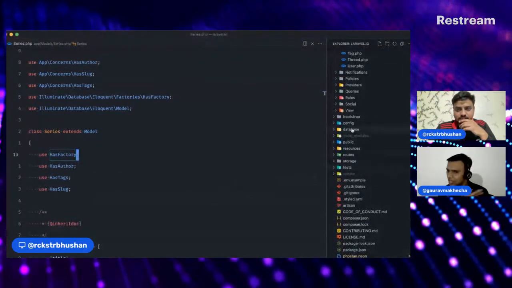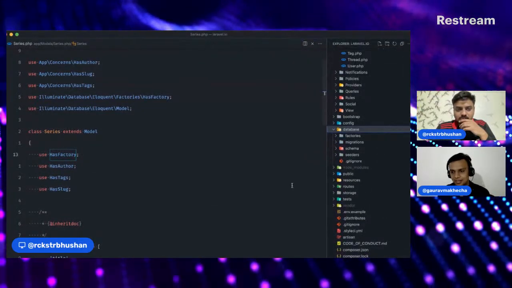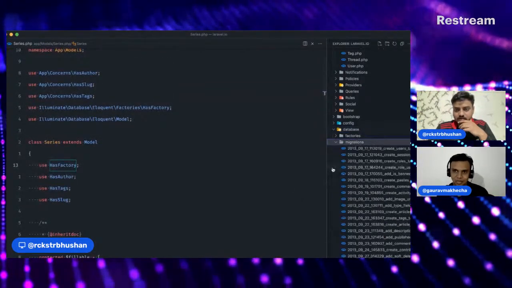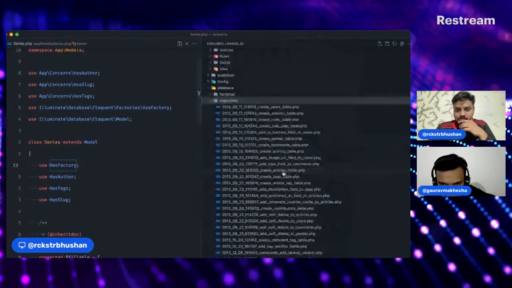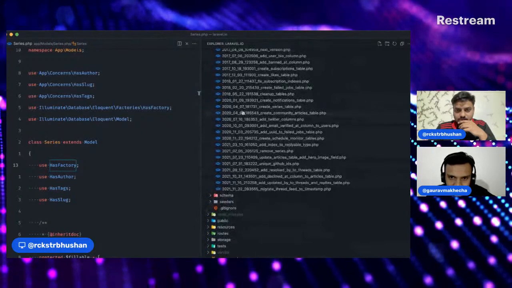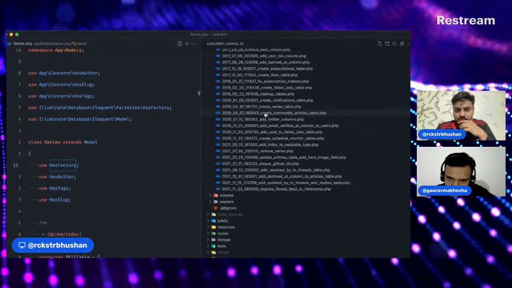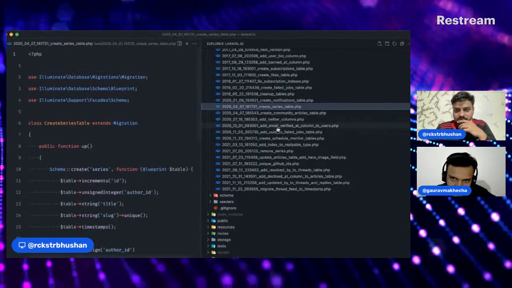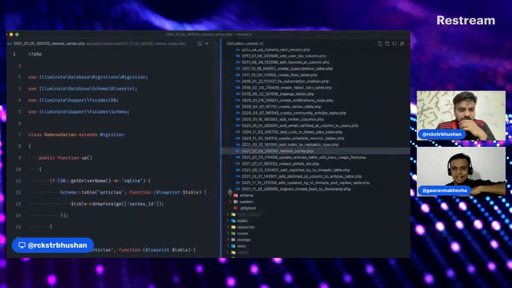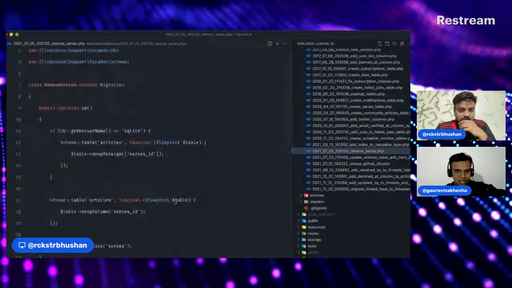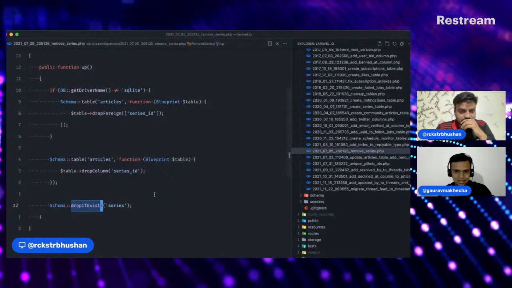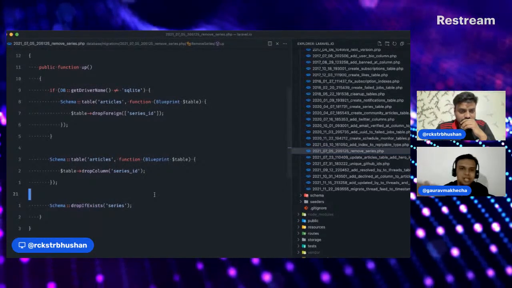Like if you drop a table, it will remove all that magic that Larastan is doing to make you understand. So if you go to the migrations file, just scroll down a bit, 2020 04 07 around that, you will have remove series 0705. Here we have create series. And then there is remove series. Yes, and if you scroll down, it has schema drop if exists. So what has happened is the series table has been removed.